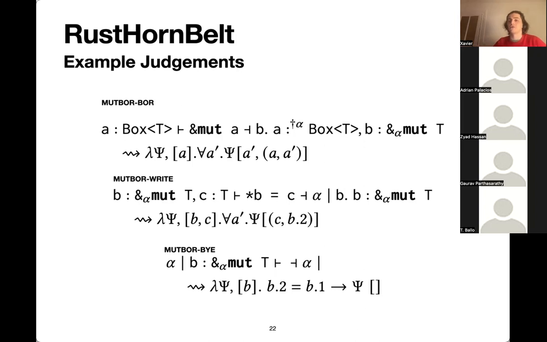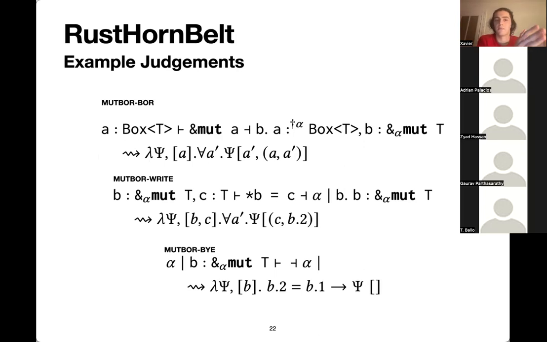And what specification do we actually associate with all of this? Well, as I said before, we write our specifications in weakest precondition form. So it's a little bit particular. But the idea here is we have psi, which is a binder for the post condition.